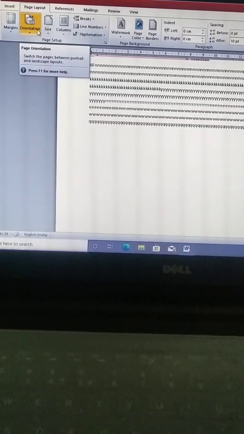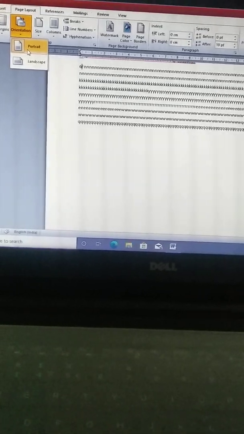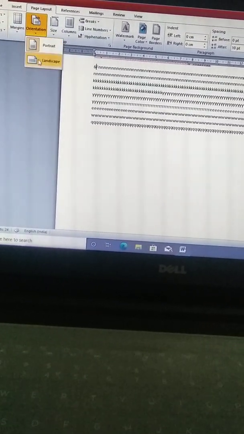Here this is the Orientation option. You just click here, and if you click Portrait, it will appear like this, and when you go to Orientation and click Landscape, it will appear in the landscape style. Understood children? This is your orientation.